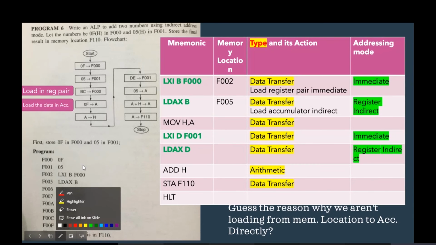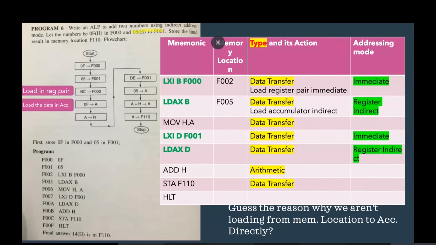And the question goes on to say, put the data 05 in F001. All right, as you can see in the highlighted marks. So I've taken it upon myself to specify in the program that the F00 memory location is going to have my first input data, which is given to me in the question. Why F00? The textbook author likes F00, so he has placed the data there.